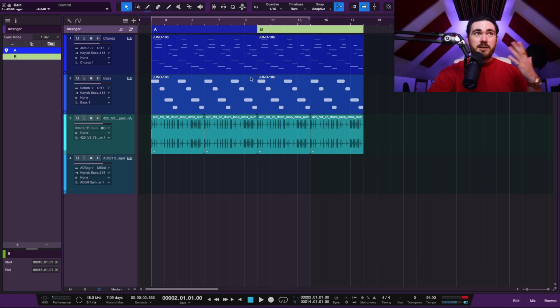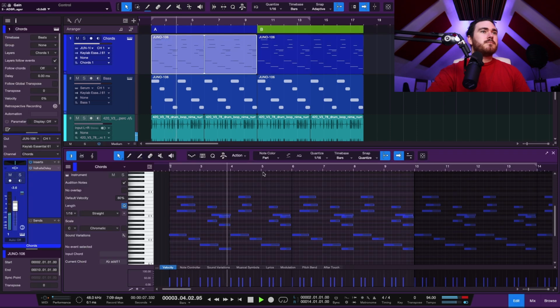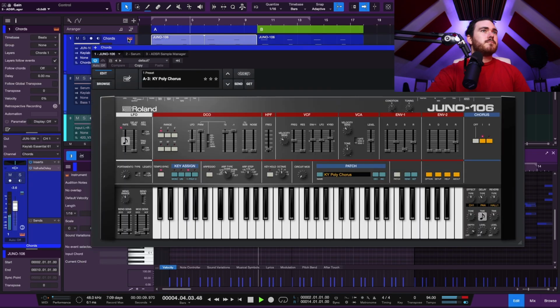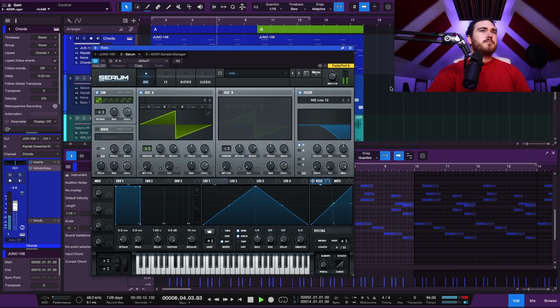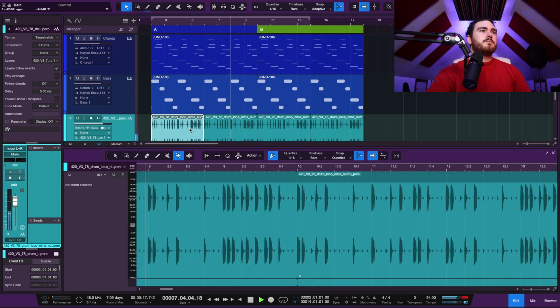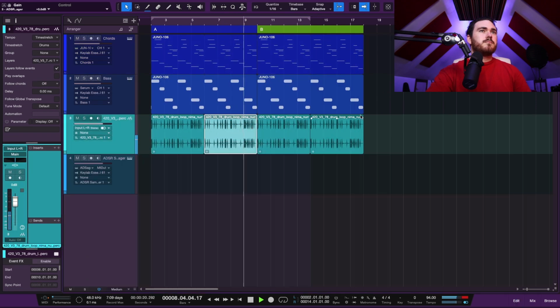All right, so I have this very rough beat idea, and I've got just an A and a B section, and right now they're exactly the same. So I'll just quickly play it for you. I like the chord progression. The bass is just root notes. It's nothing particularly exciting, and the drums are just a loop, so lazy,